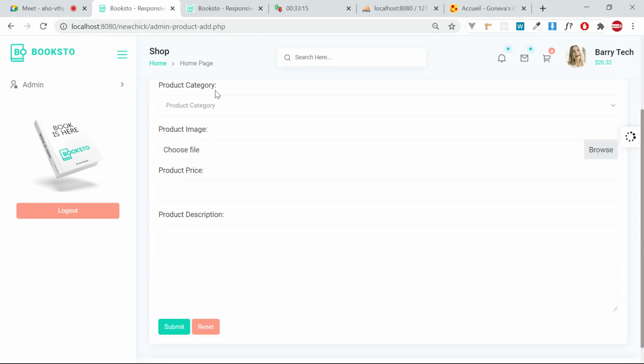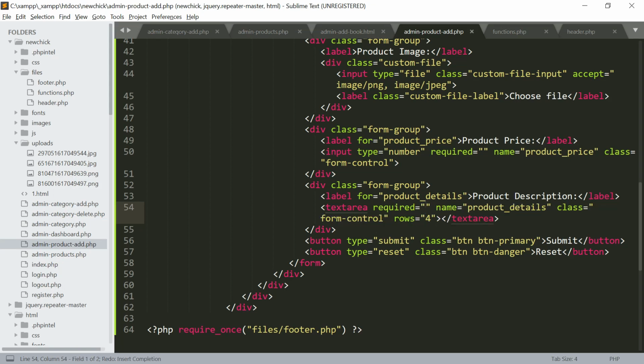Since we don't know the number of images that the user may want to add, because I want to make it as dynamic as possible, we're going to add what we call a product gallery. In fact, you could have done that. This one will be the main image for the product. Then we'll add another special place where the user can add multiple images for this product. So I'm going to call it product gallery. I'll create another